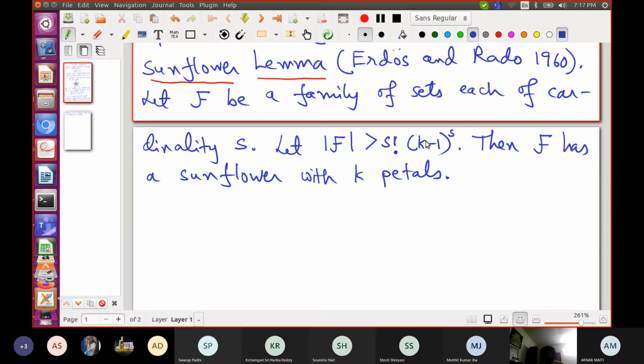Can we replace s factorial times (k minus 1) to the s by some smaller number and strengthen this statement quantitatively? Will the statement still hold true, or is this the best number that can be put here? Or in other words, how sharp is this bound?